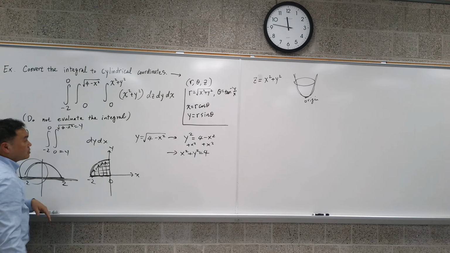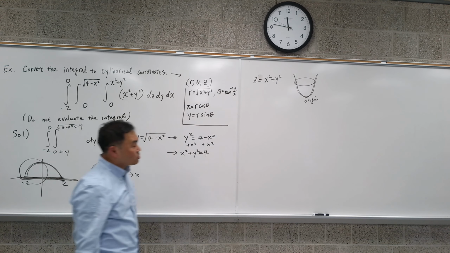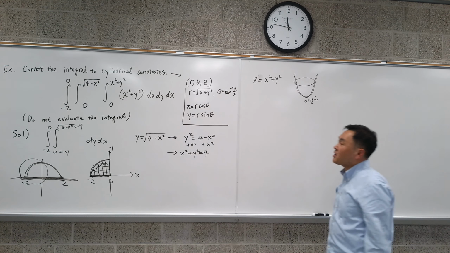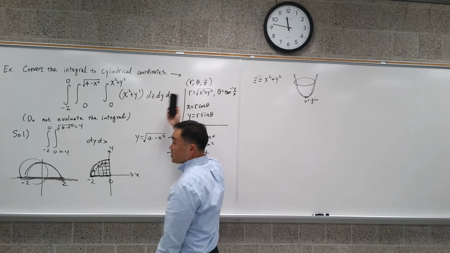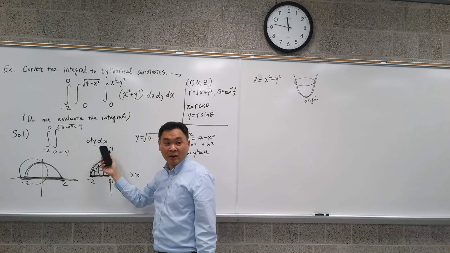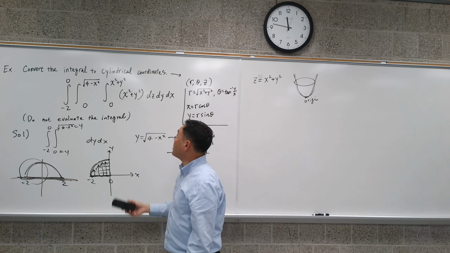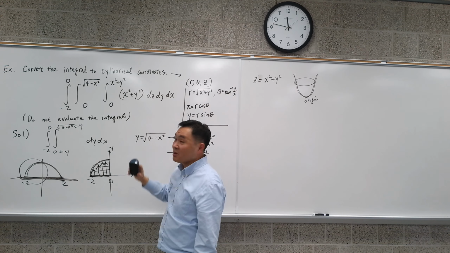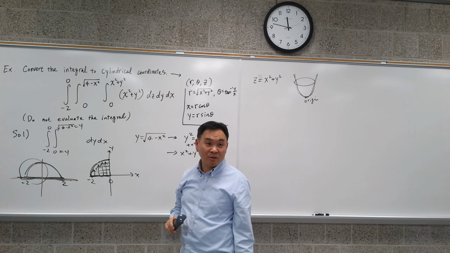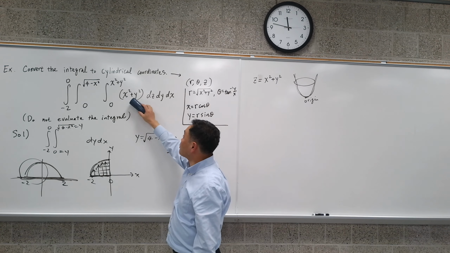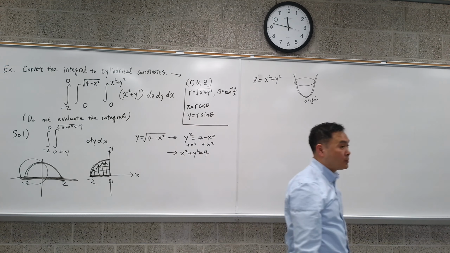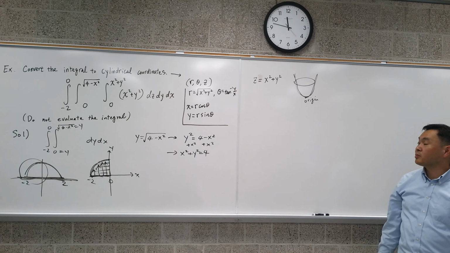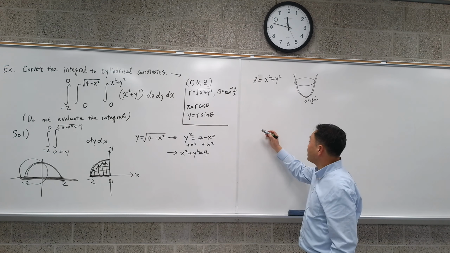Now, however, when it comes to switching to cylindrical coordinate systems, the dz part is not that hard because z doesn't change. The real challenge is going from xy to r theta, okay? So we can pretty much leave the inside unchanged except, see, x and y are not allowed, right? We have to change to r and theta. So what should we replace x squared plus y squared by? One way to do it would be to say